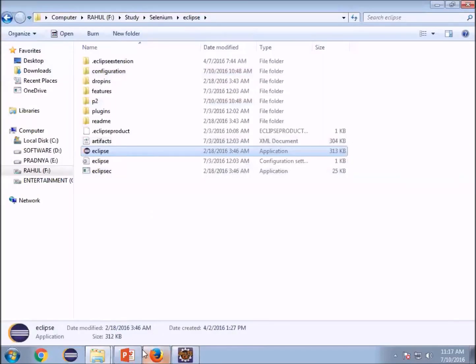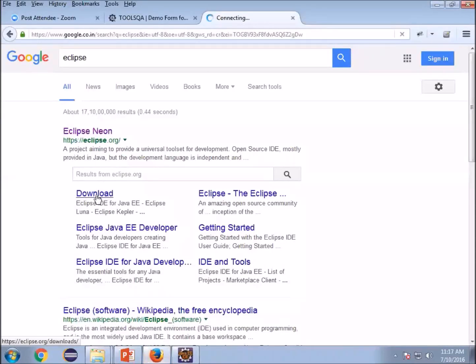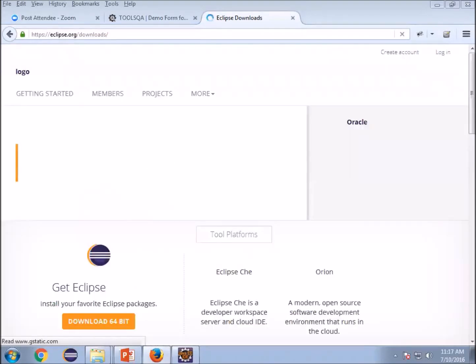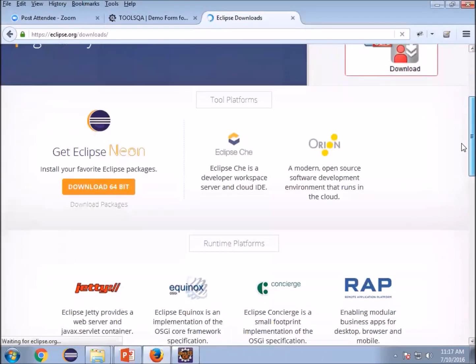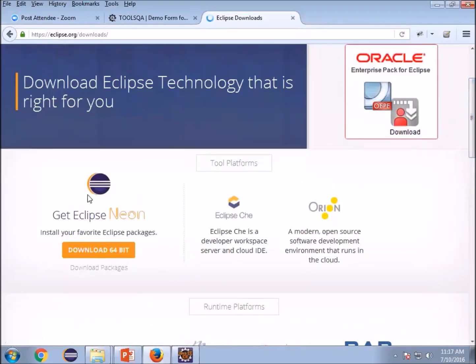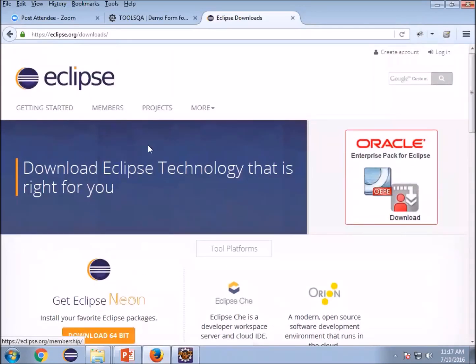Okay, just a minute. So from here you can download your Eclipse Neon. As per your OS, if your OS is 64-bit, download 64-bit, or else 32-bit.